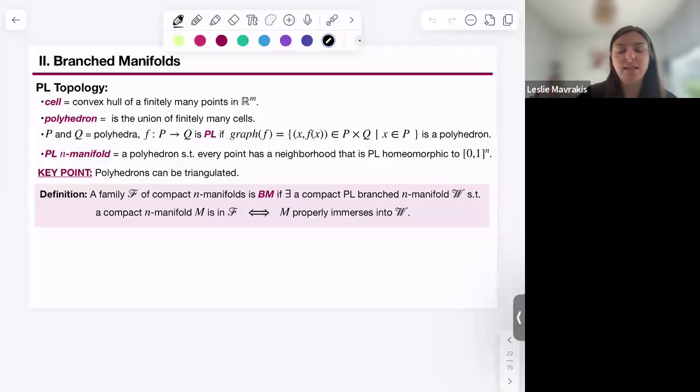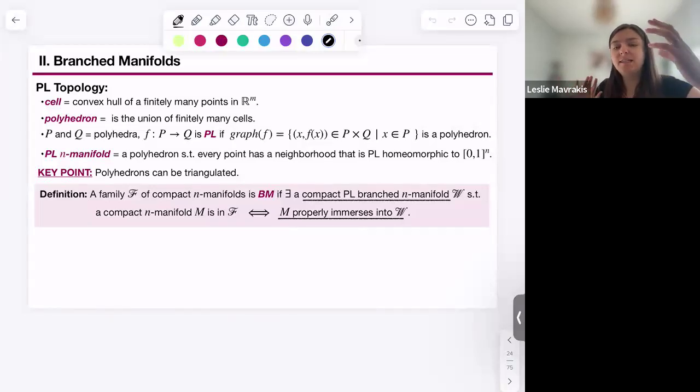I haven't told you what this is, but you should be thinking some compact piecewise linear topological space such that a compact N manifold was in our original family if and only if it properly immerses into the branched manifold. So I owe you these two definitions: what a branched manifold is, and what it means for a manifold to immerse into a branched manifold. But the takeaway right now is that there's a compact topological space that acts as a universal object for